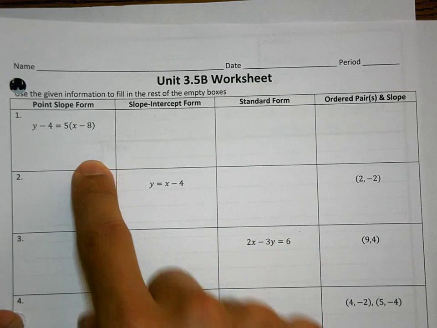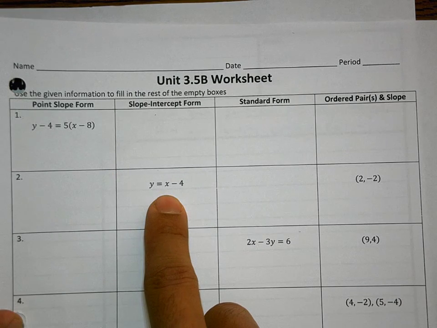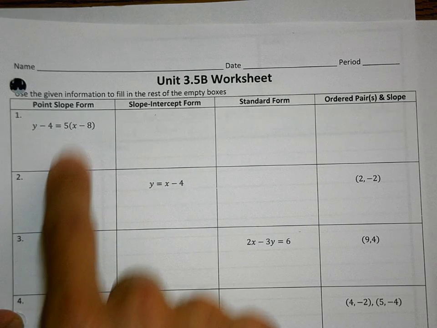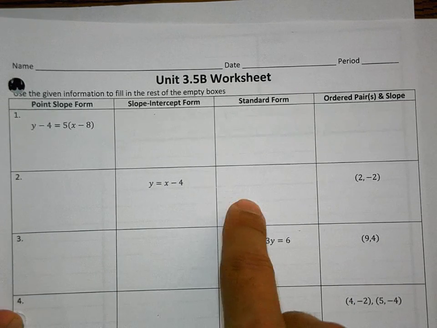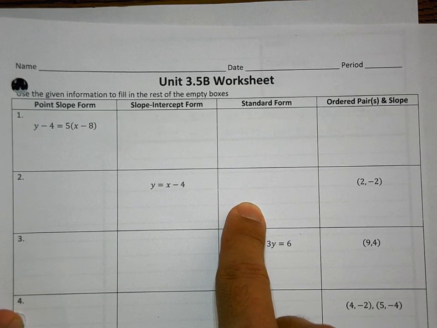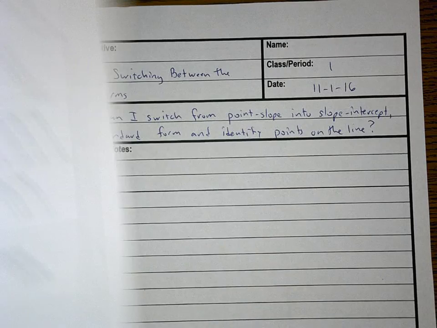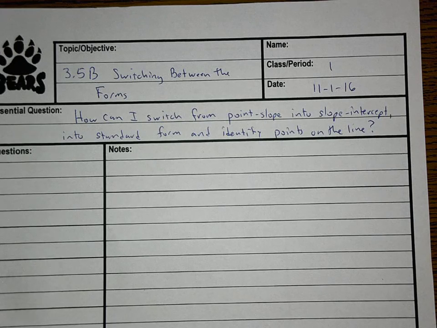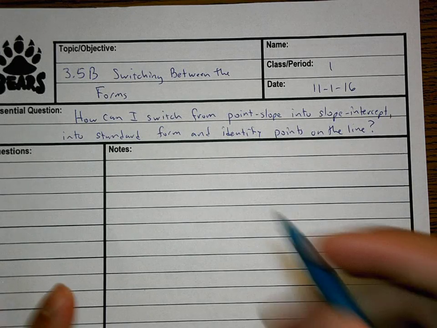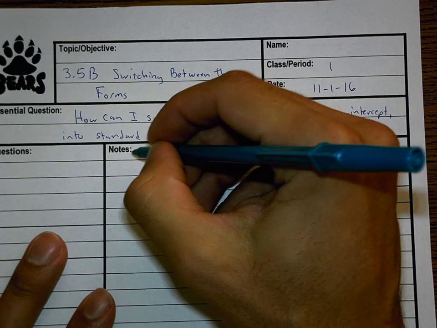And sometimes I'm going to ask you, well, this is what it is in slope intercept form. How are you going to write it in point slope form? How are you going to write it in standard form? And so on. So it depends on how I give it to you to what you're going to have to find. So the first thing I want you to know how to do is how to switch from point slope